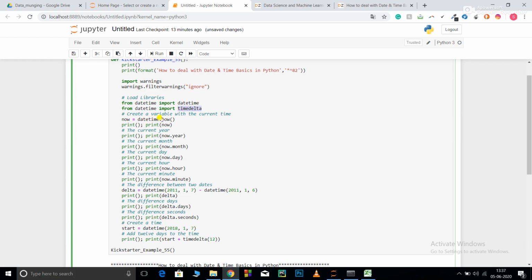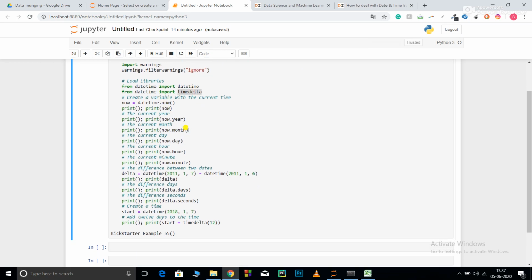So where is it needed? Suppose you are writing a file and you need to timestamp it. In those cases you can generally use datetime.now, or it can also be used for real time data analysis, that is, when you want to analyze your data in real time. So this is what real time data analysis looks like. Now print now. So print now here.